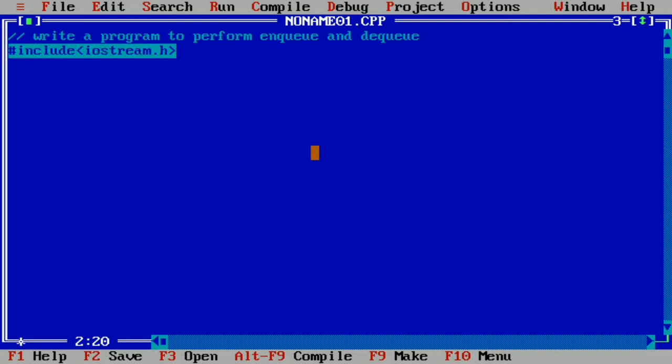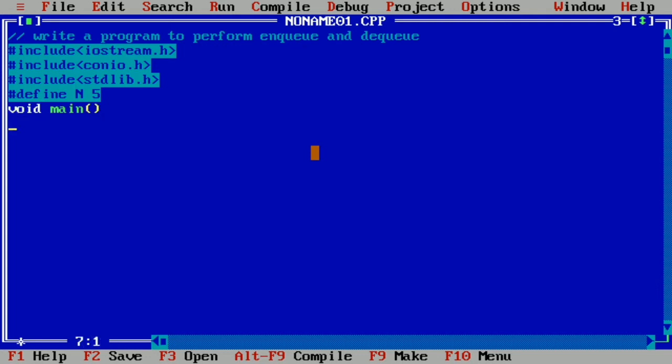Let us continue with #include iostream.h, then #include conio.h, then we'll write #include stdlib.h header file. This standard library header file is used because one function, that is the exit function, is present in this, so that's the reason we are going to include it. Next we are going to declare one variable globally using #define capital N and 5. It's a good programming practice to write capital letters.